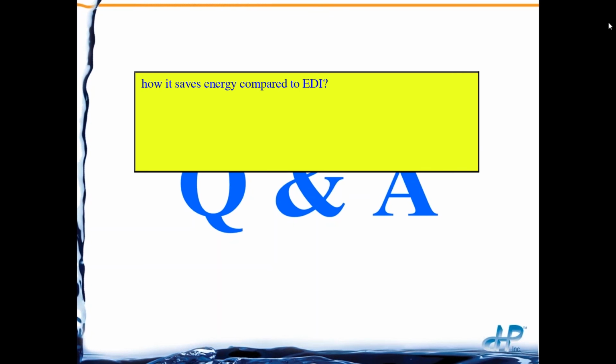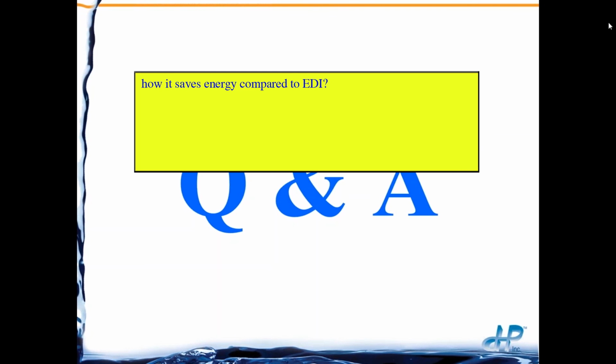Another question: how does it save energy compared to EDI? Well, if you look at the energy an EDI uses, the kilowatts and the amperages, it's very minimal. We use the same amount of amperage. What we do is actually control it. We just have more control of where the energy is used. So if you look at an EDI today that may run 3 to 5 amps for a certain flow rate,